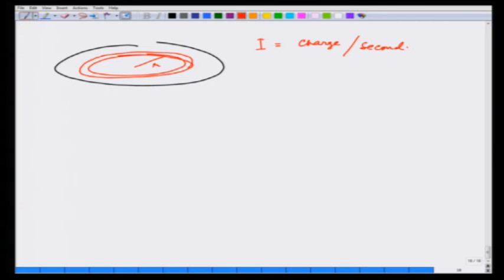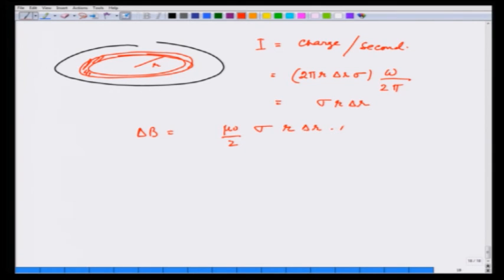The charge in this ring of width delta r is going to be its area 2 pi r delta r times sigma, and per second this charge passes omega over 2 pi times, or the frequency times. So, this is equal to sigma omega r delta r. This is the current in this ring, and therefore, that small delta B due to this is going to be mu 0 over 2 sigma omega r delta r times r square over r square plus z square raised to 3 by 2, and total B, which is in the z direction at height z, therefore, is going to be